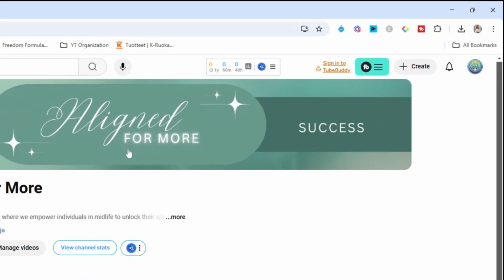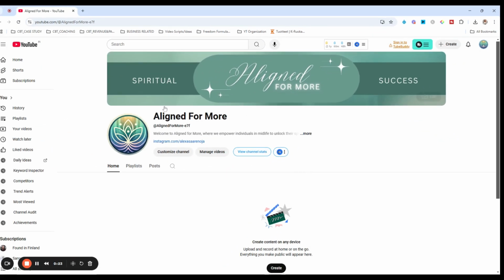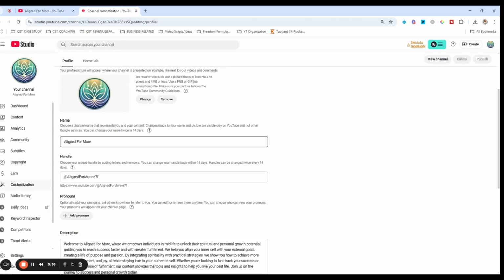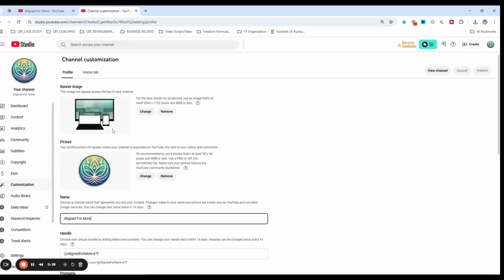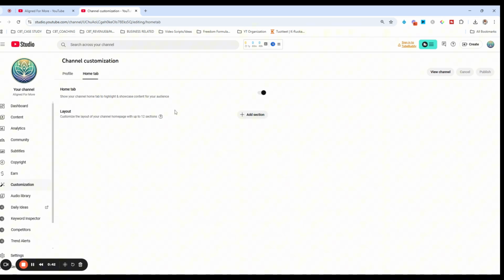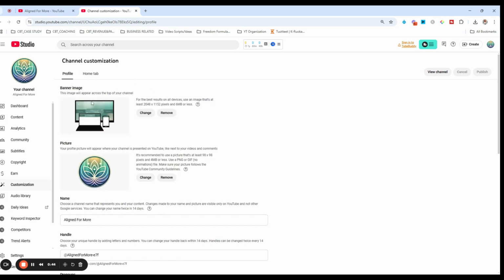Then it'll open up your channel. Then from here, you will go to Customize Channel. So we're in this tab right here. We're on the homepage for your YouTube channel, and then you go to Customize Channel. And then once you're in here, you can scroll down, make sure you're in the Profile tab, not the Home tab, not this tab. So if you see this, you want to click on Profile tab, scroll down below Banner Image Picture, and then